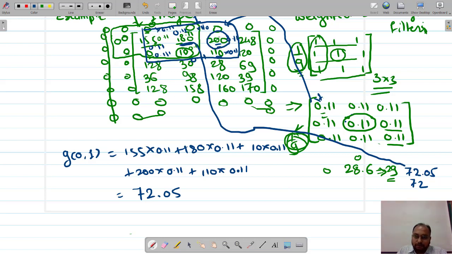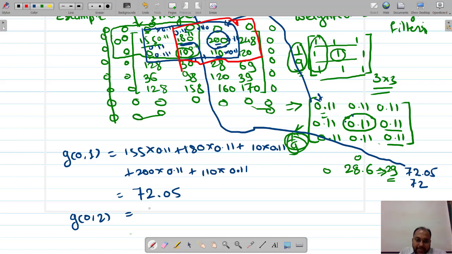Yes. Okay, now let us compute the value for this 200. Now overlap this 0.11 onto this 200. Are you getting it? Okay, so let us do this g of 0 comma 2. Now let us multiply over here. Okay, I'll change the color. So this is our new area on which we are going to operate the filter mask, right?